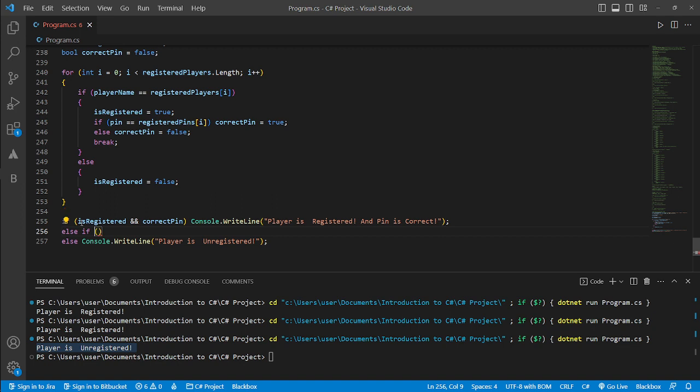And then for this, we can check again if the pin is registered and the